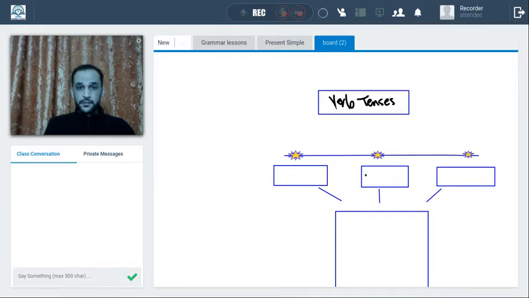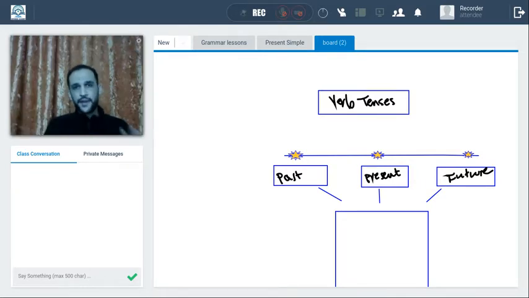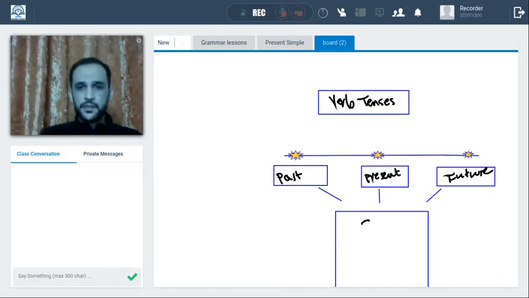We have the present, we have the past, and we have the future. Okay, so we have three main verb tenses. We have the present, we have the past, and we have the future. Okay, so these are the three main verb tenses, and we have four aspects for each tense, which are simple,